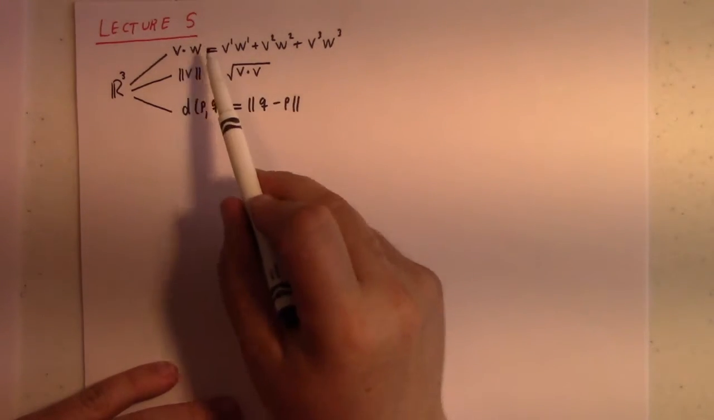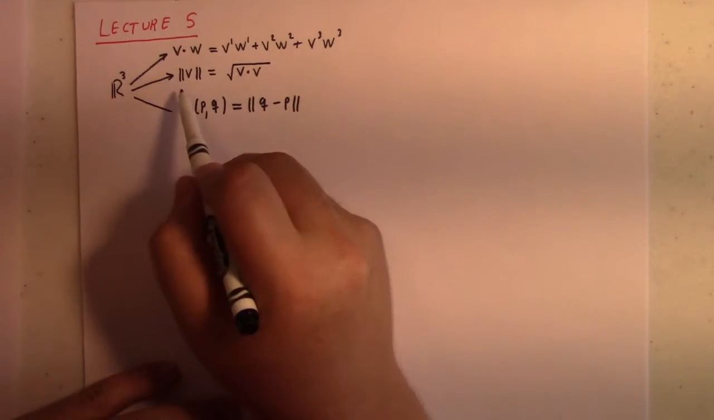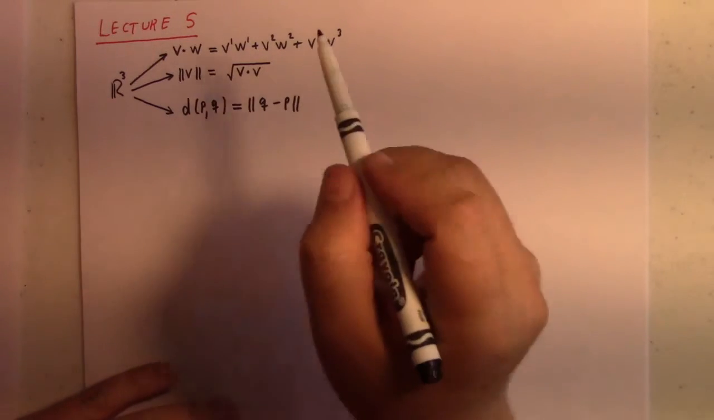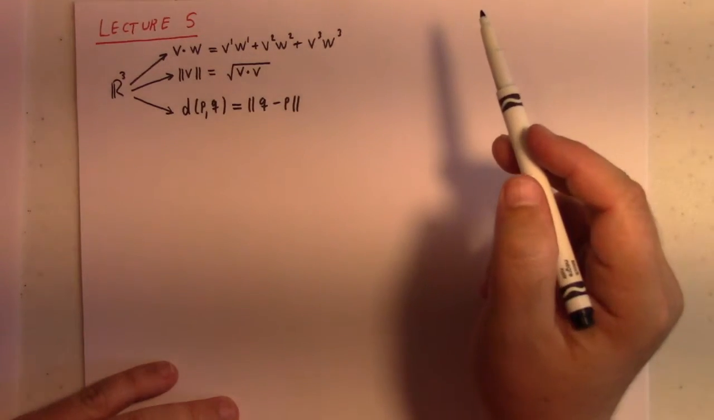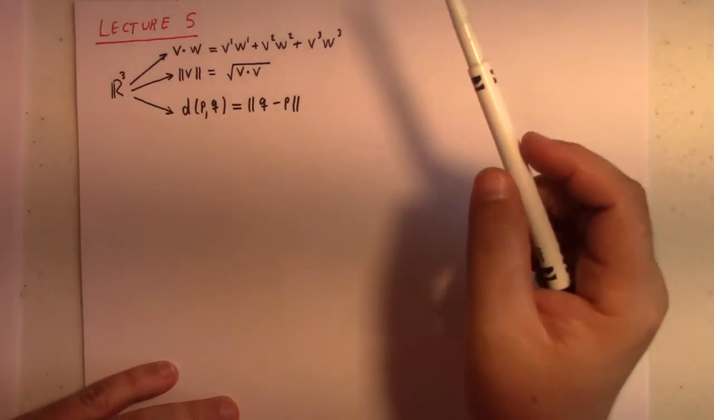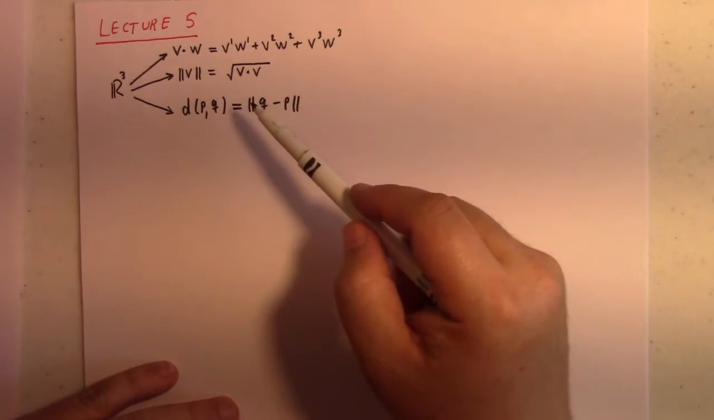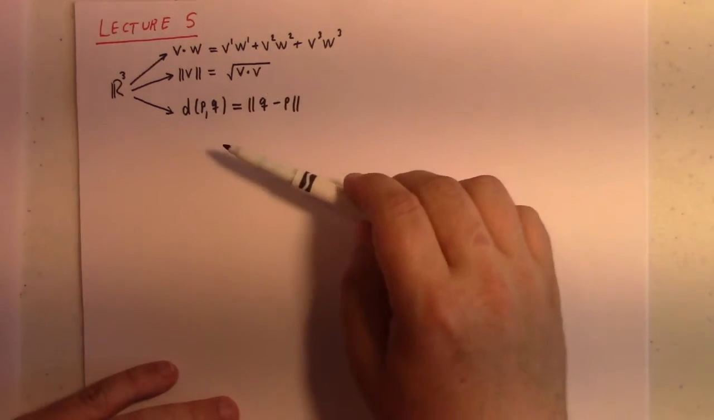So each one of these arrows here goes to show you that R3 has a particular kind of structure. If we take a vector space, well, forget about vector space. Let's start with the last arrow, actually. The first shall be last, and the last shall be first. So if we have